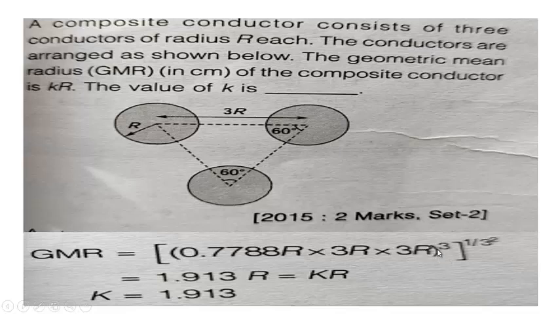He has raised to the power 3 for 3 conductors, and then he has raised it to the power 1 by 9, that's 1 by 3 square. So you don't have to do it like that. You have to multiply these and take the cube root of these 3. So it will come out to be 1.913 r. That means, which is already given as k into r, this k will be equal to 1.913. So this is how